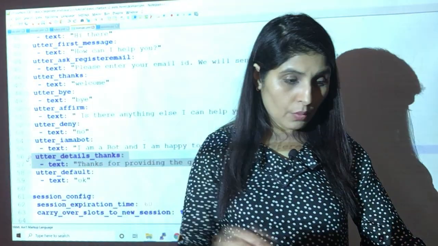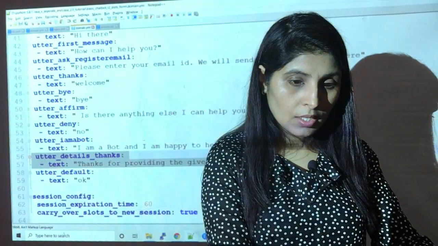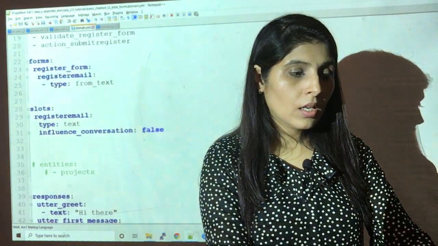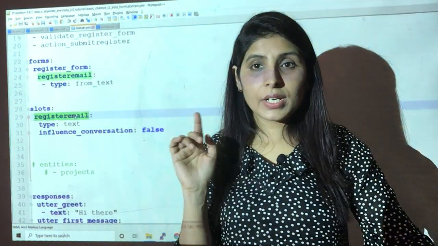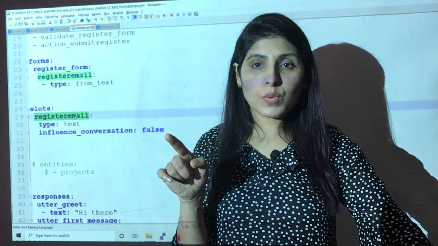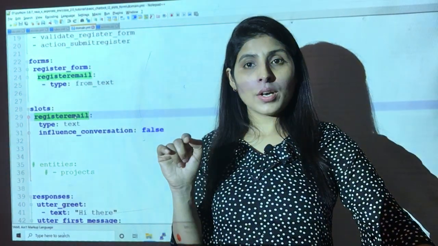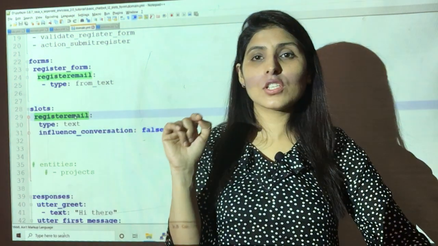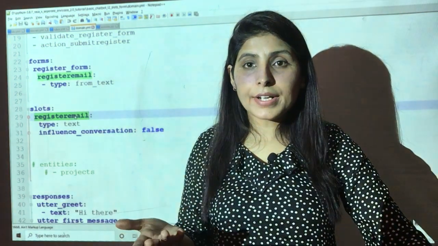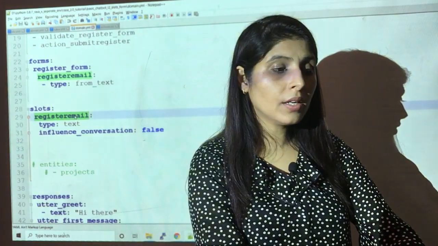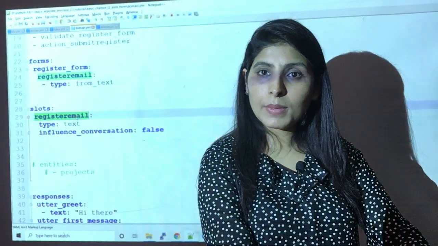So now one more thing, guys. When you create any slot, the slot which we are creating over here is register email, and you want the user to fill data in this slot. How will the user fill data in this slot? You need to call this slot. So how do we do that? The slot name is register email.